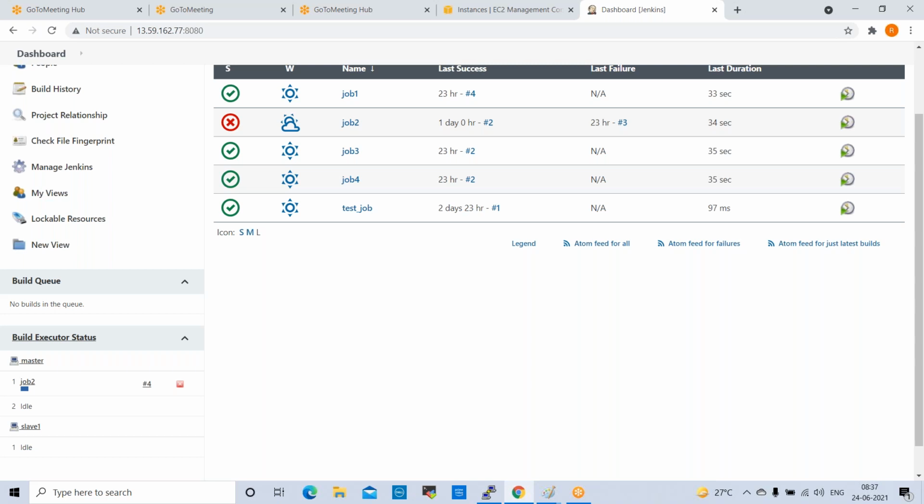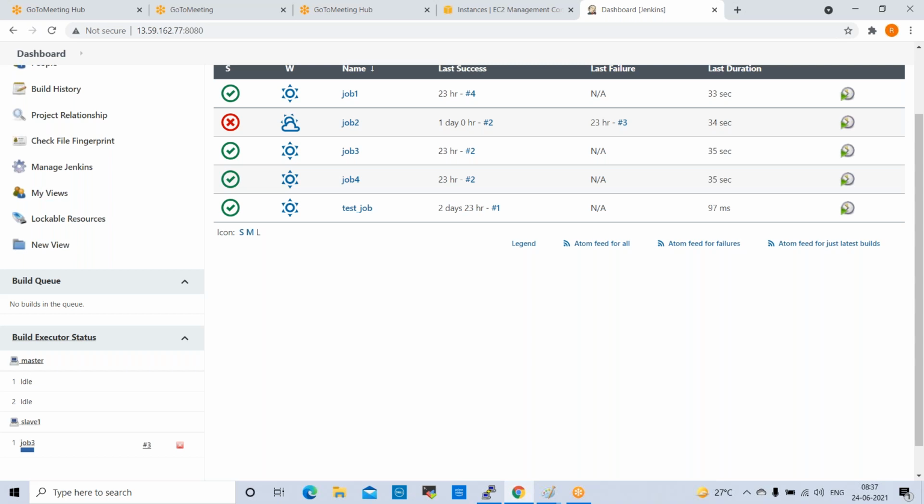Job 2 is running on master server. Job 3 started.